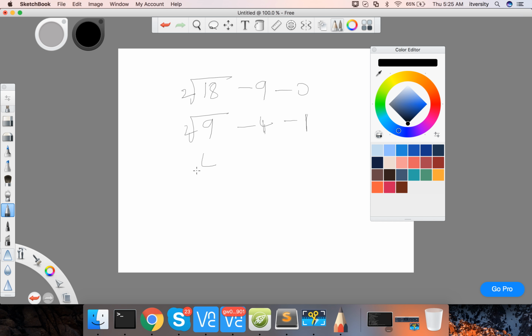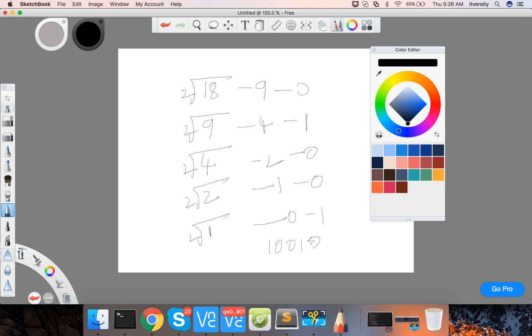If you take 4, the new quotient, and divide it by 2, the quotient will be 2 and the remainder will be 0. If you take the 2 again and divide by 2, the quotient will be 1 and the remainder will be 0. Now if you take the 1 and divide by 2, the quotient will be 0 and the remainder will be 1. Take the numbers from bottom to top, and the binary representation for 18 is